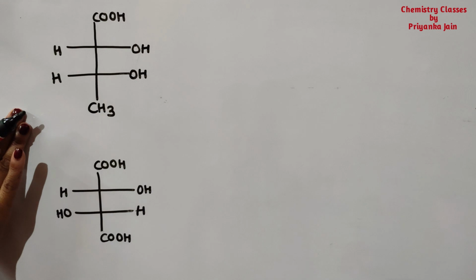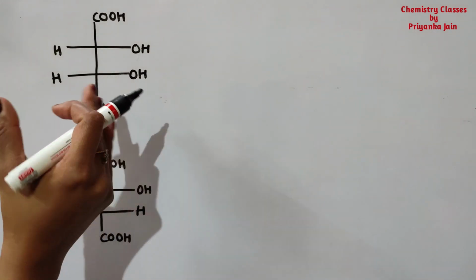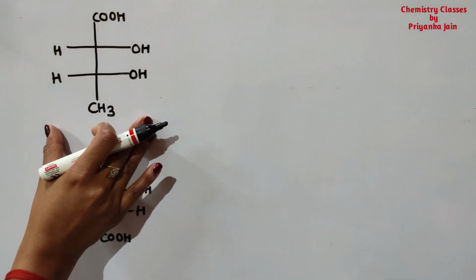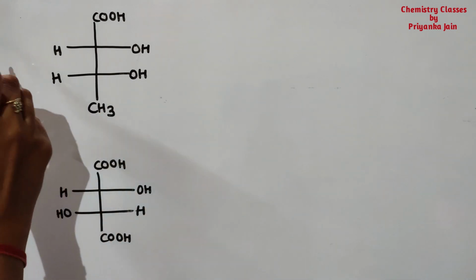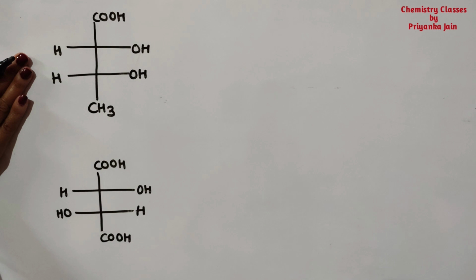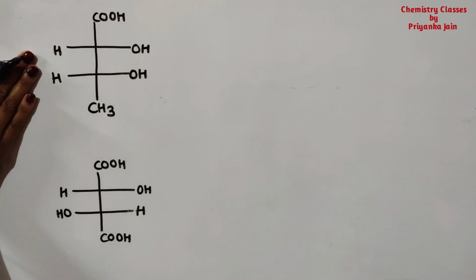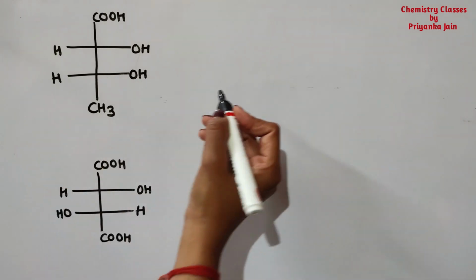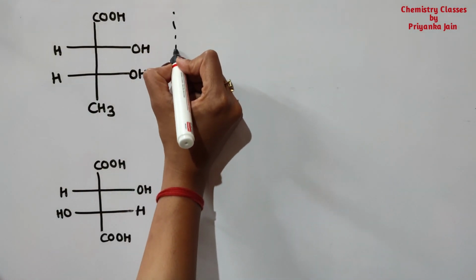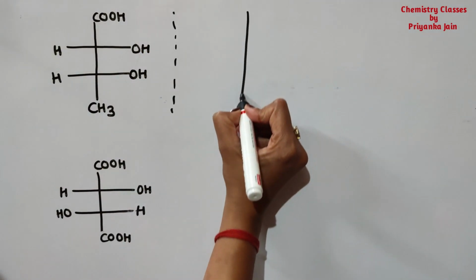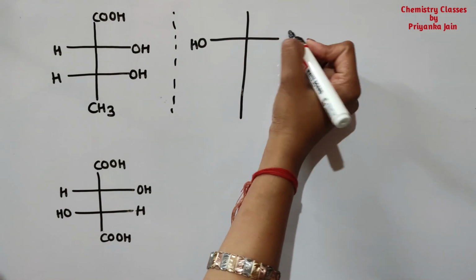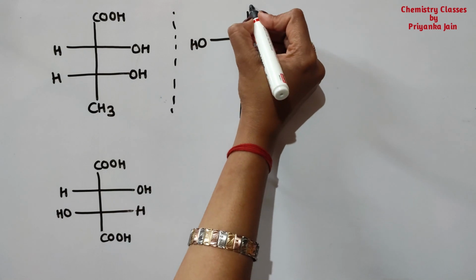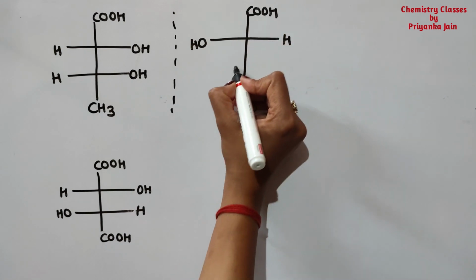In this molecule, if you have to identify whether it is an optically active or optically inactive molecule, what you will do is just see whether there is a plane of symmetry. No, there is no plane of symmetry. Neither is there a center of symmetry, right? Okay, again you can do this. Suppose we are given another molecule in this manner and we have to identify whether they are enantiomers or homomers. See here.